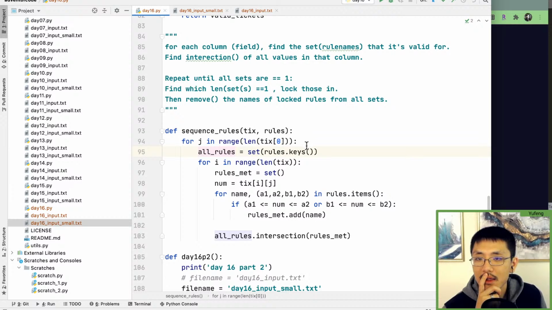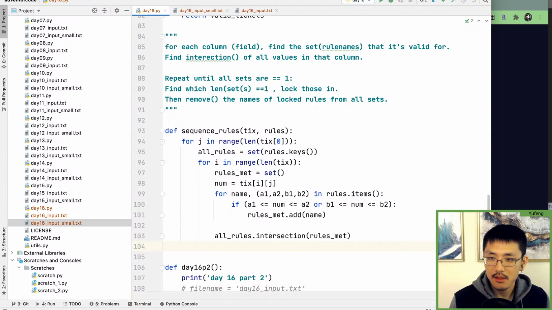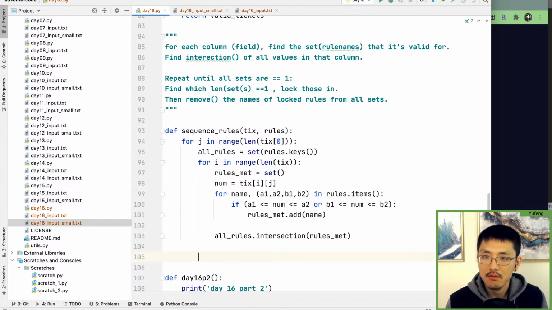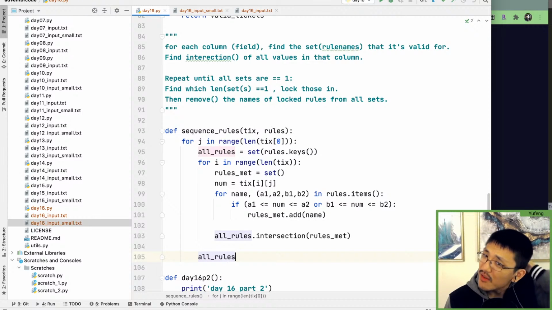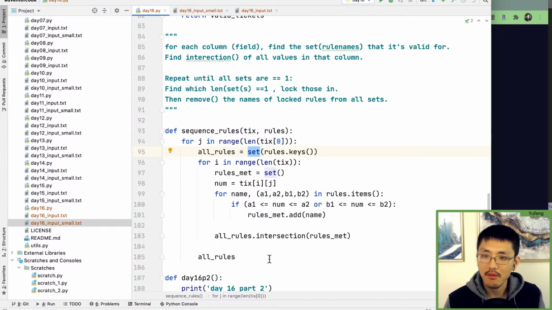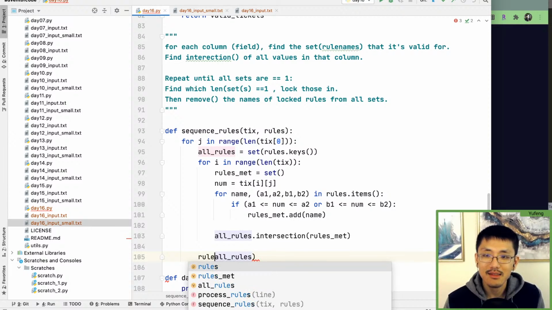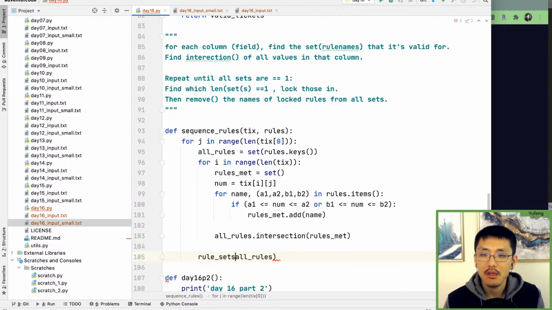So now I think what I need to do is here-ish, add all rules, or a new incarnation of all rules, whatever. Yeah, because each time it's going to call set and make a new thing. We're going to append it to a list of rule sets, I'll call them. So I'm going to have a list of sets,